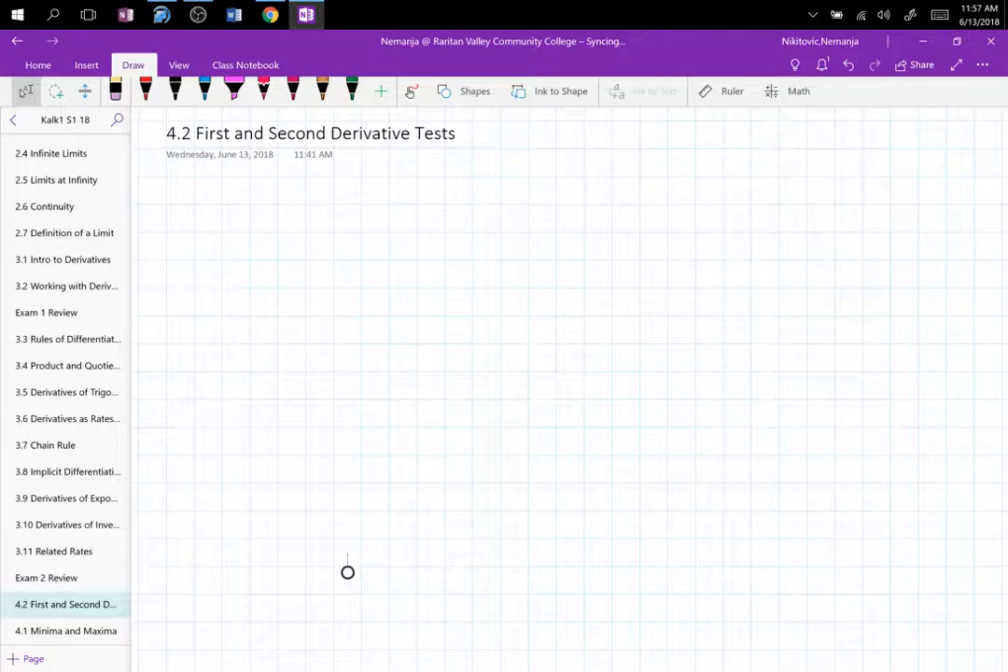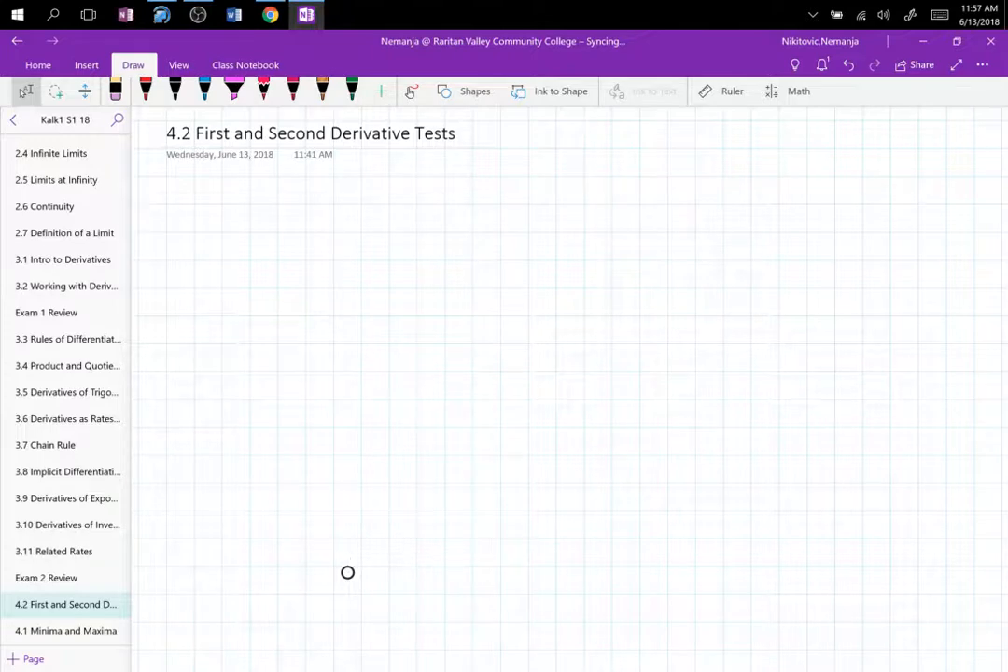Hello and welcome back to Calculus 1, section 4.2 on first and second derivative tests. Chapter 4 is all about applying the derivatives. And in this section, the first section was min and max, right, which focused on